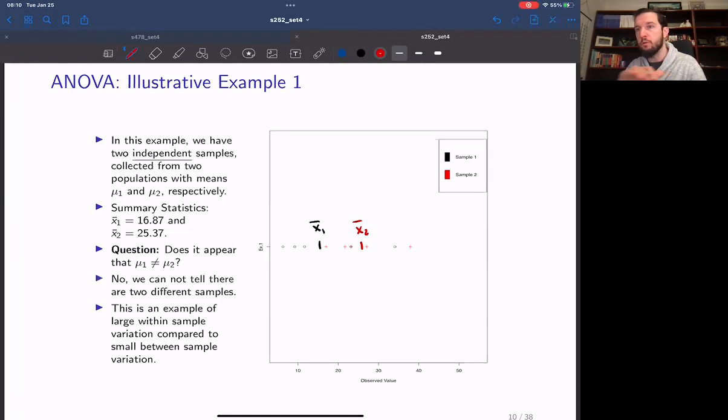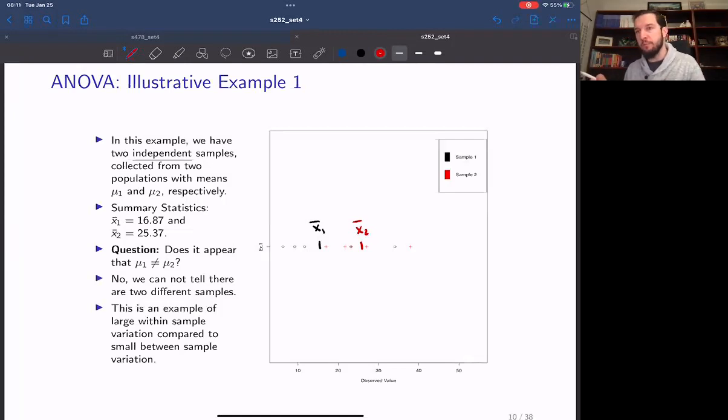They are plotted where they are on this graph, but they are all the same shape and color. Can you tell that there's two different samples of information here? Well, the answer would have to be no. It looks like one large sample. So even though the sample means are fairly spread apart, about 10 units different in their value,